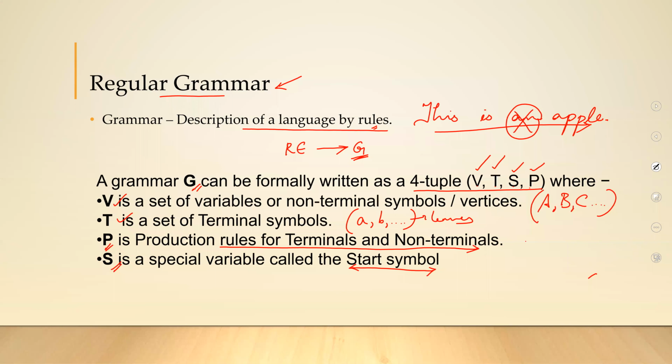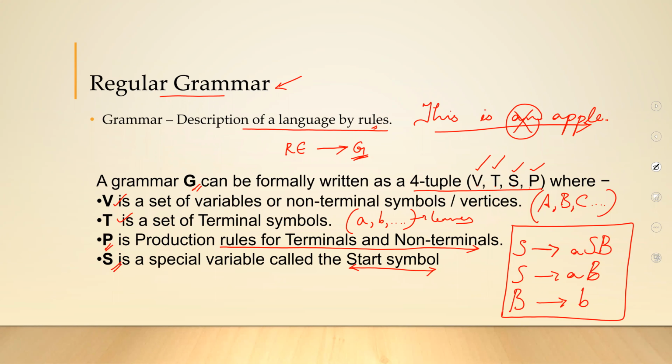Now, imagine I have a grammar like this. S → aSb. I'll explain each of that. S → ab. So now this is the symbol, you write an arrow, and then B → b. So this is a grammar, a set of rules. I do have three rules over here. This is my production rule number 1, my production rule number 2, and my production rule number 3.